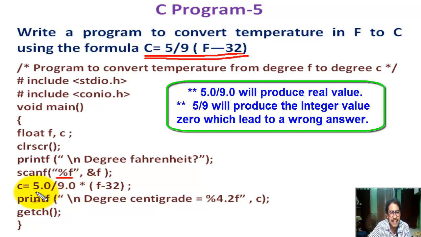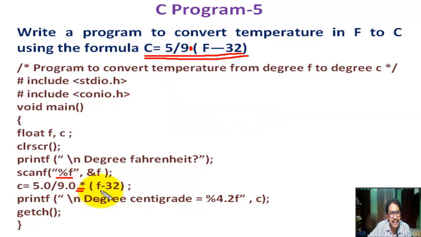So we write in this way: 5.0, real number, floating number, by 9.0, and also in this place we use the asterisk multiplication symbol, then bracket F minus 32. This is semicolon.